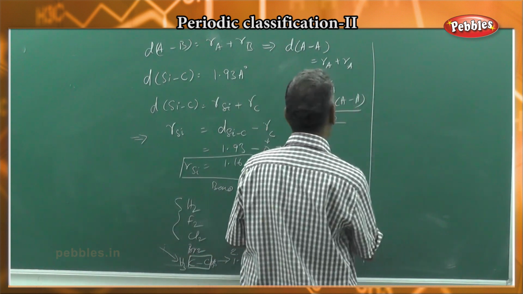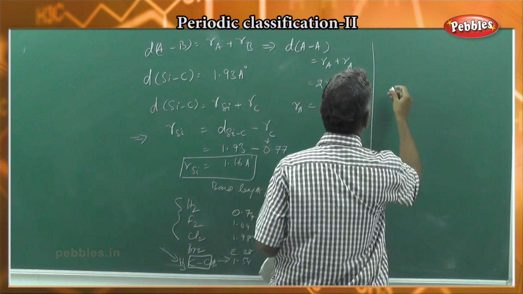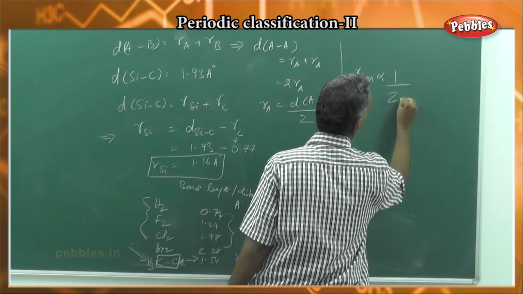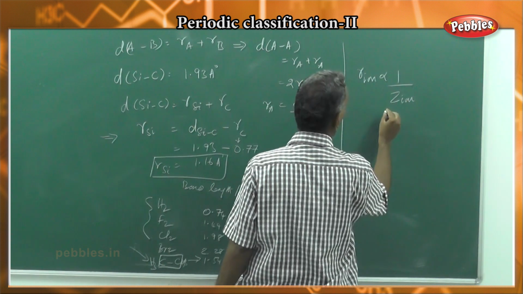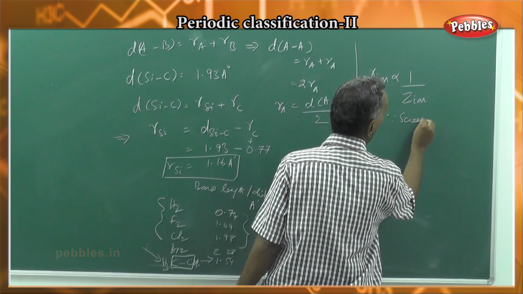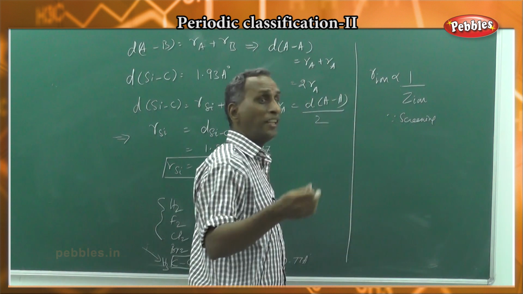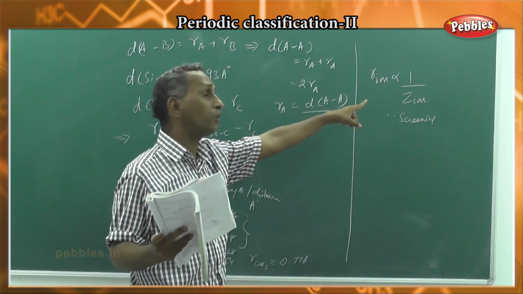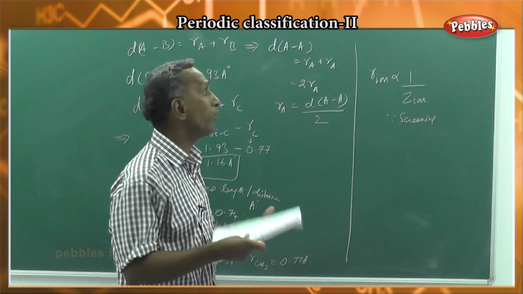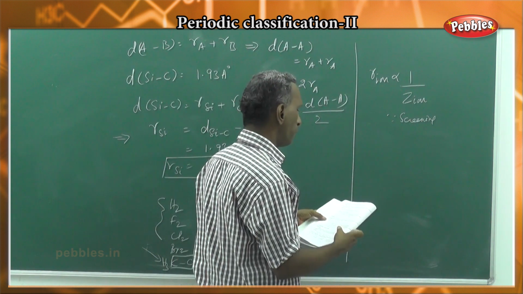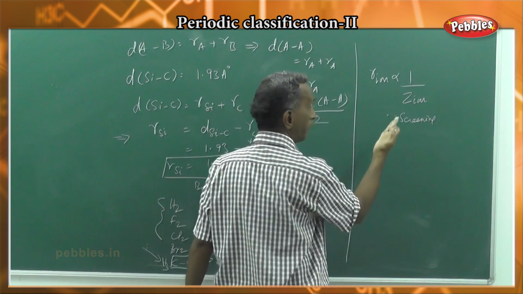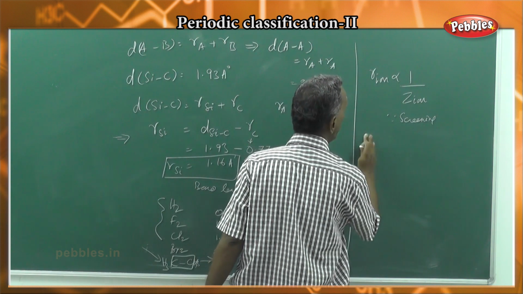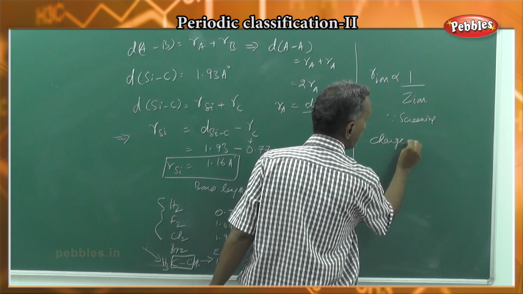Now coming to the aspect of ionic radii calculation, we have seen that the radius of an ion is inversely proportional to the charge on the ion, because of what is called the screening effect. All the electrons other than the particular electron of interest pose a screening effect on the size of the ion. So the size of the ion is influenced by the screening effect, given by the Slater rules, with screening constants for different types of electrons, which we have seen. Before that, note how to calculate the charge on the ion.